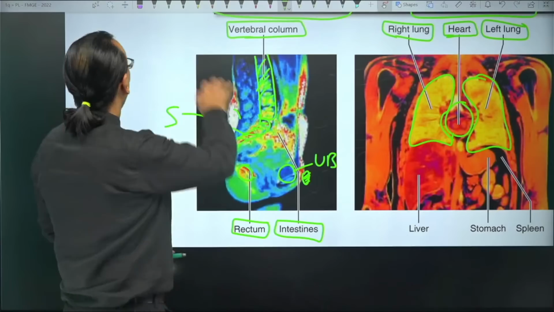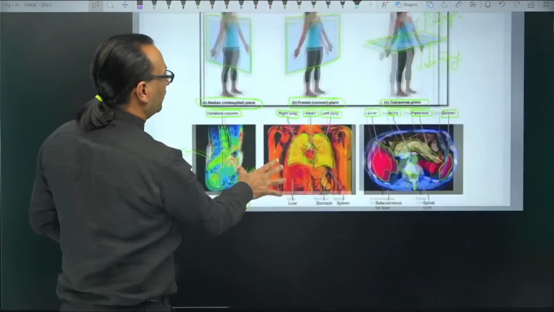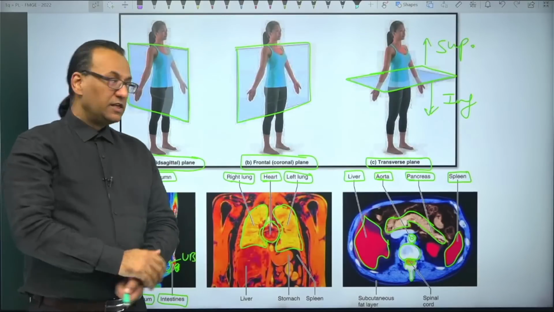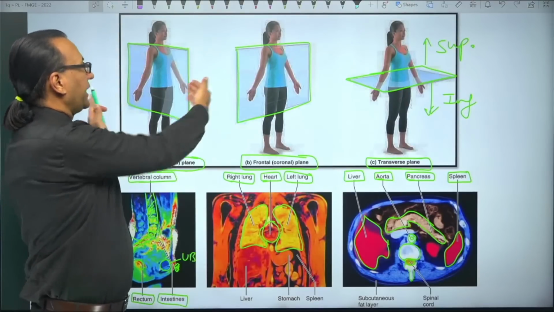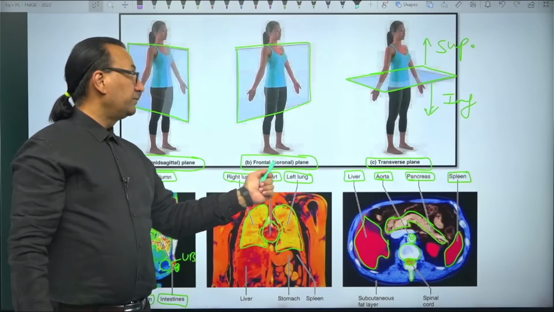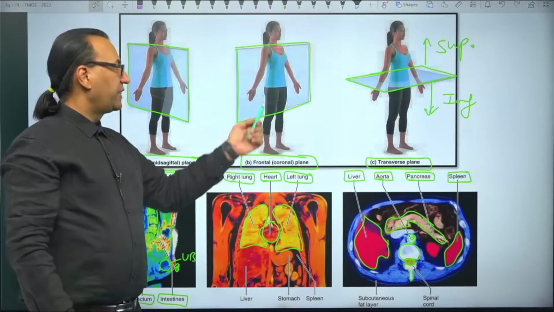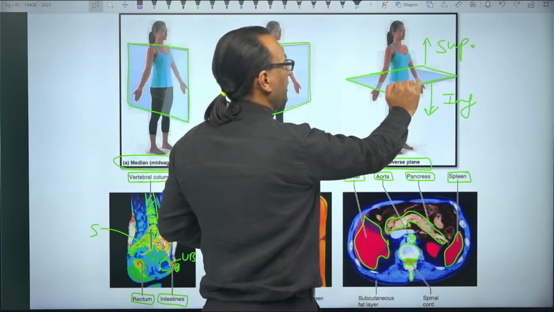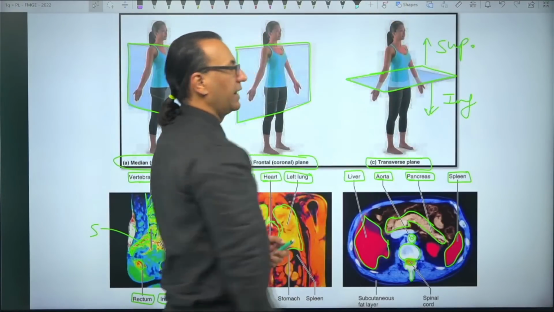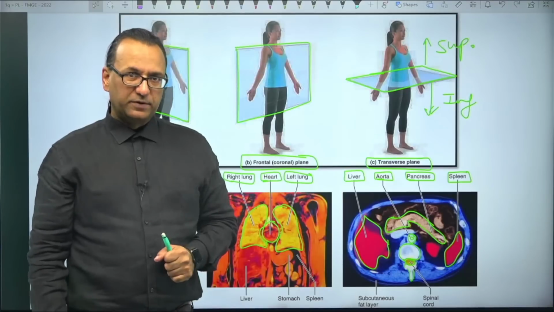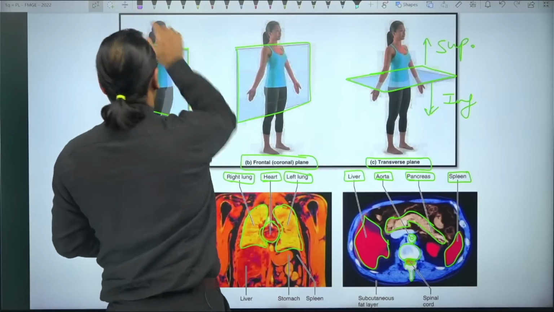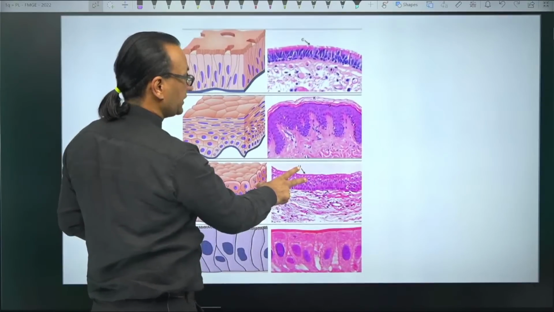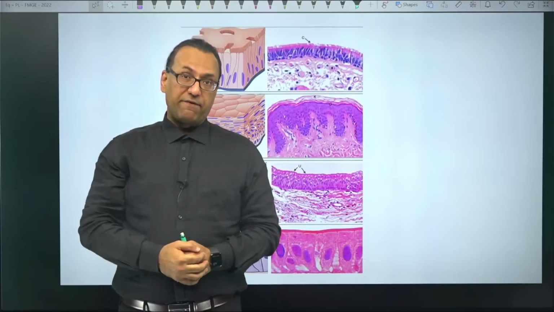So I hope you got my point that if we are talking about the sagittal section, the section goes anterior to posterior, dividing the body into right and left halves. If it is a coronal section, it goes in such a way that the body is divided into anterior and posterior halves. And if it is the transverse plane, the body divides into superior and inferior halves. Now, as we are just focusing upon the topics which are relevant for your next coming FMGE exam,